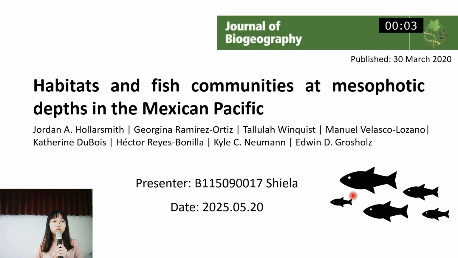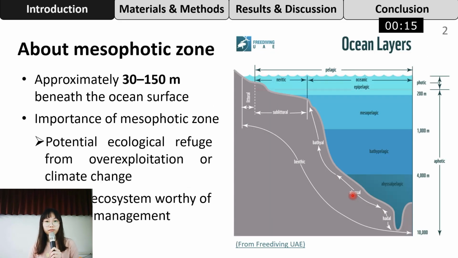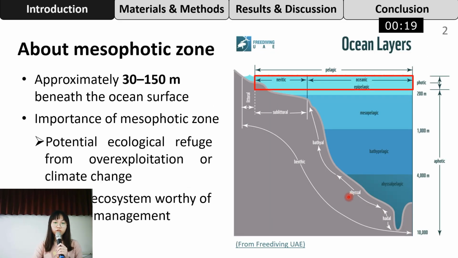Today I'm going to talk about habitats and fish communities at mesophotic depths in the Mexican Pacific. This research was published in the Journal of Biogeography in 2020. Before introducing the research content, I want to let you know what the mesophotic zone is. It's a region of low light from approximately 30 to 150 meters beneath the ocean surface, just like the red